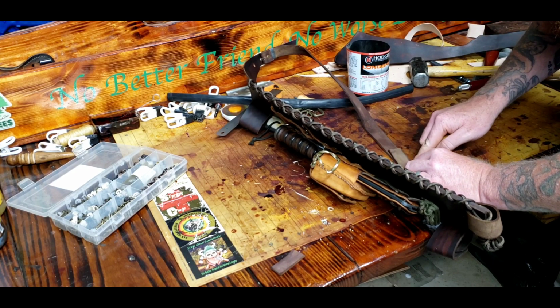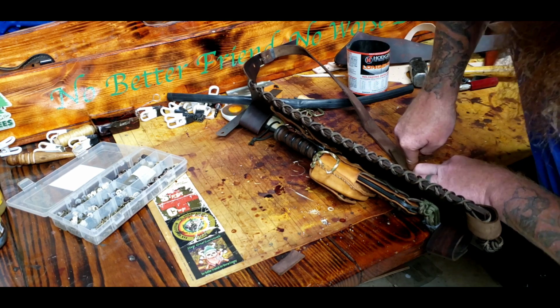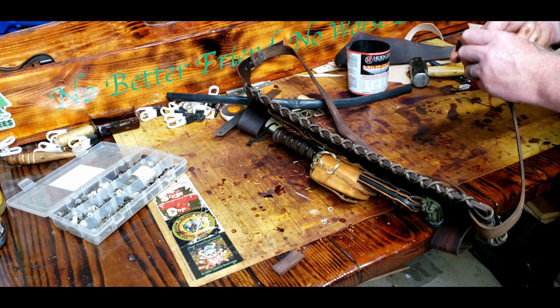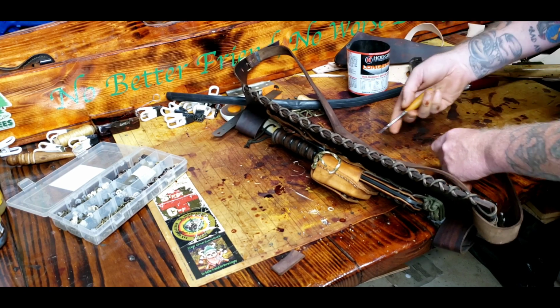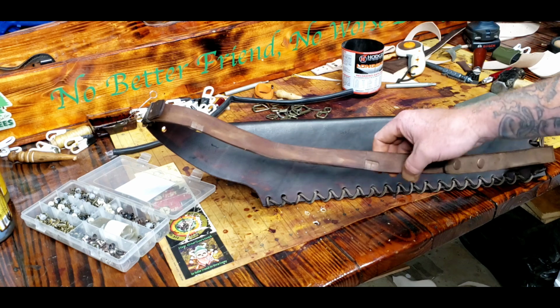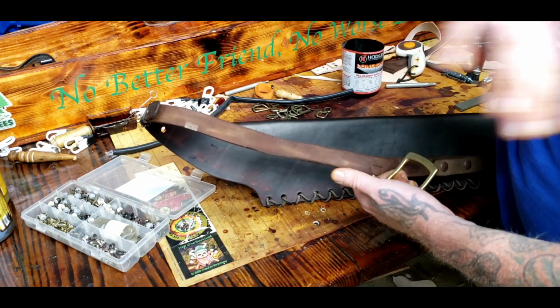Let's just go ahead and do 2 snaps for this one, just in case I have to adjust. And just like that, I'm just adding my snaps now, and then we'll move on to the next strap. Now for the side strap that goes under my arm, it'll swing around and it kind of pulls everything tight